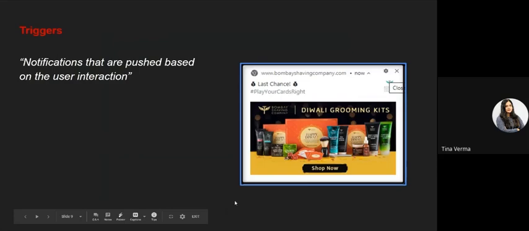Let us say someone subscribed to Bombay Shaving Company on the 1st of April, and that person is now not actively visiting the website again. You have the authority to send a notification with the condition that you want it to reach only that specific user who is not active, who last visited your website, let us say, 3 days ago. You can target only those kinds of subscribers. This is how triggers work. It is based on user interaction.